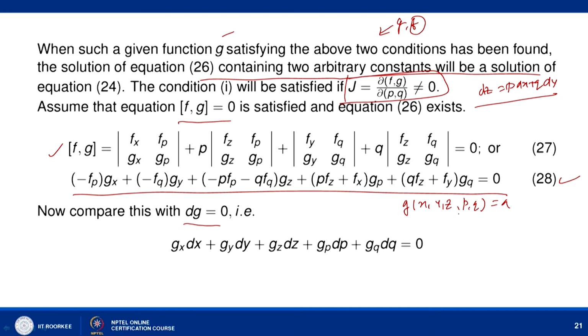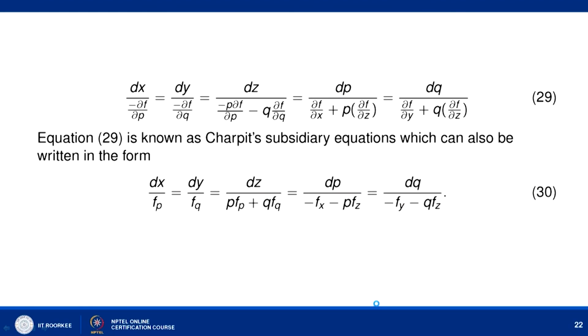So, if you find the total derivative, then the total derivative dg comes out to be 0, and when we expand it we have gx dx plus gy dy plus gz dz plus gp dp plus gq dq equal to 0. So, it means that if g is given like this, then it must satisfy equation number 28 and this equation, and if we compare these two equations, then we have the following thing: